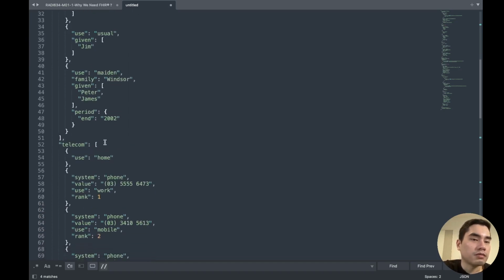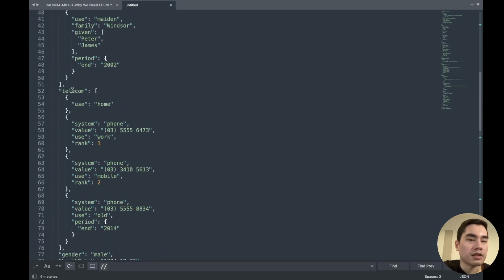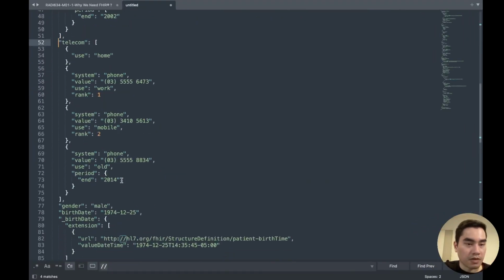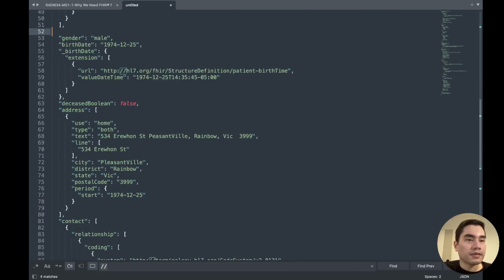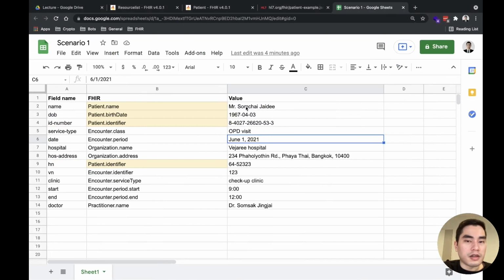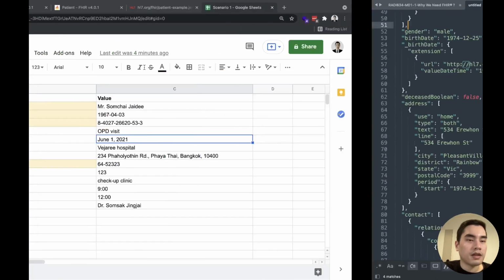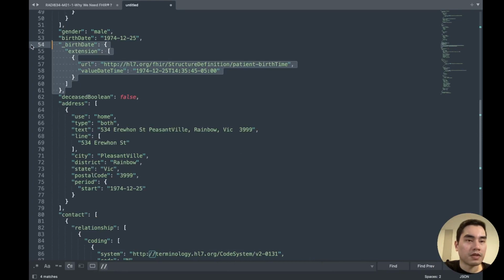Name, yes, we need it. Telecom, we don't need it, so we can remove it. Gender, we don't need it, but I think it's good to have gender here. Birth date, we have it, so this one we don't need.